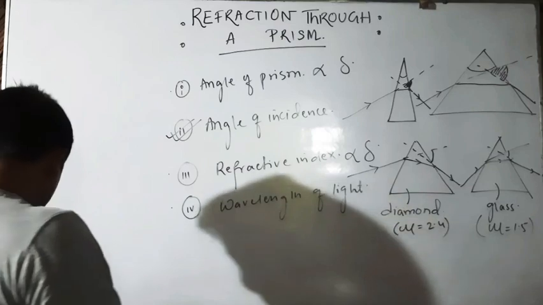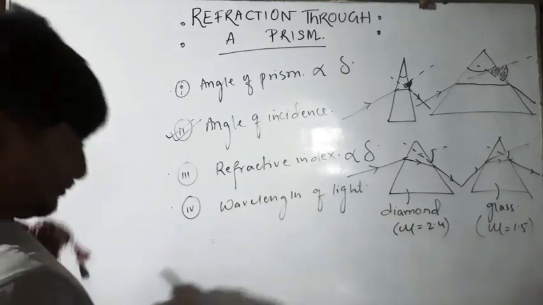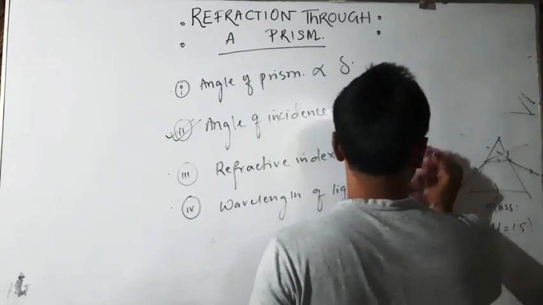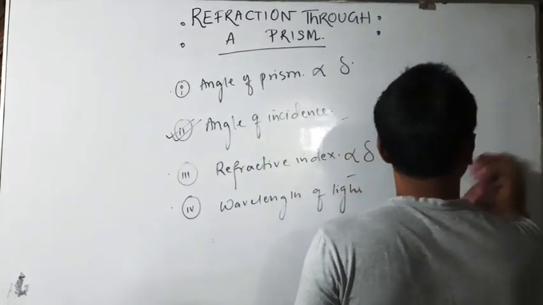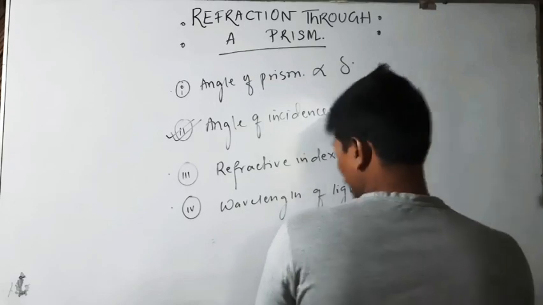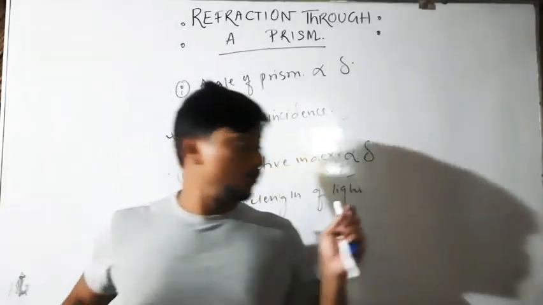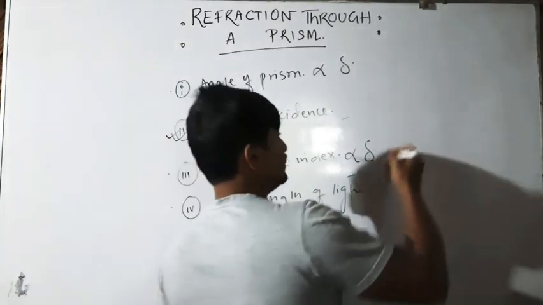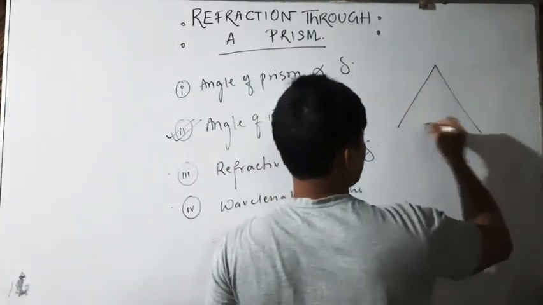Now, we all know that, this is a universal fact, the more the wavelength of a light, the less refraction it suffers. More the wavelength of light, lesser will be the refraction suffered. Always remember. Example, if I take